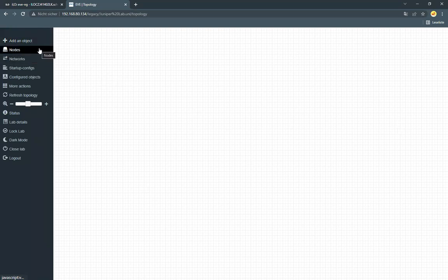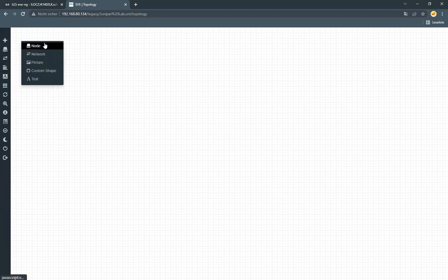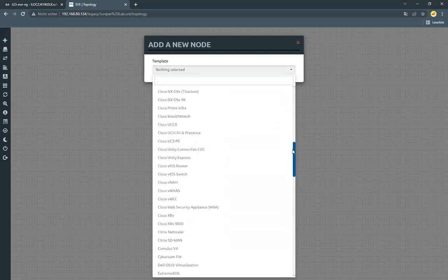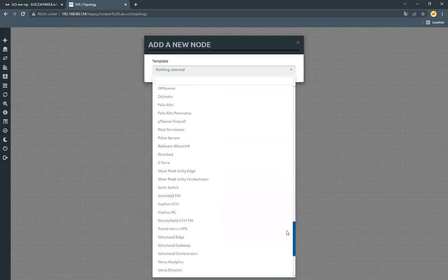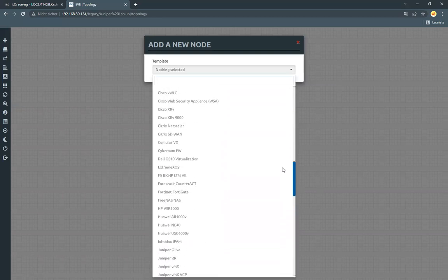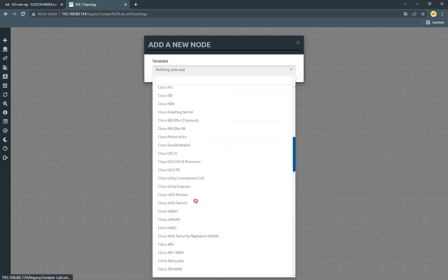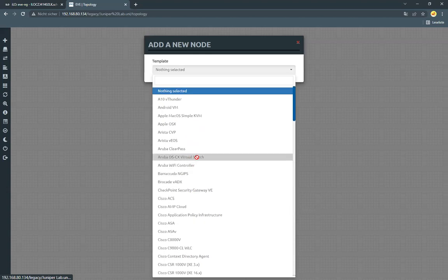So that is basically what you will always have. And with the Pro edition, that is what we'll be using for sessions 2 and 3. You will see some more options here. So I could go ahead now and add an object. It will now ask me what object I want to add. If I select node, you can see that a lot of different vendors and boxes are supported. If you look at the Junipers alone, you can see a lot of those things have already been added. I think in the latest there is even